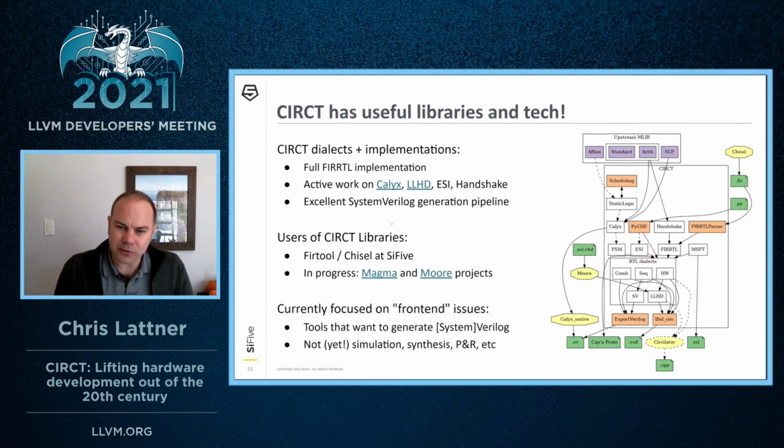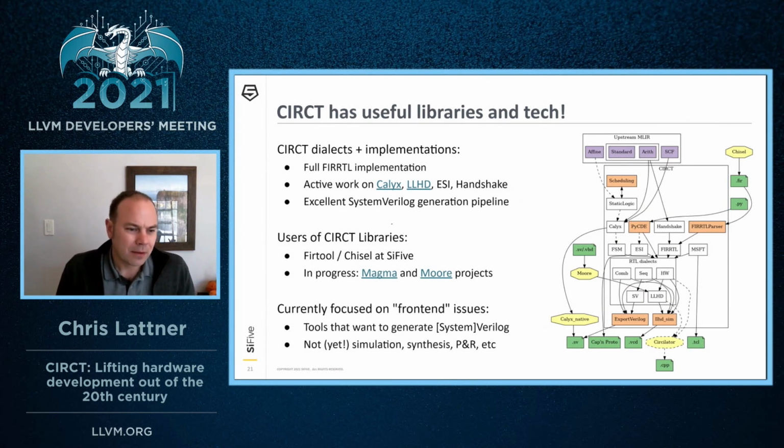And so the CIRCT project has a whole bunch of MLIR dialects, including a full implementation of this FIRRTL compiler that we were talking about before. We'll talk about later. There's a bunch of other folks that are working on using CIRCT for their existing projects, including the Magma Python hardware design language, the Moore front end, which is a Rust-based system, LLHD. And there's a lot of interesting people that are getting involved, doing cool things, and it's really exciting to work